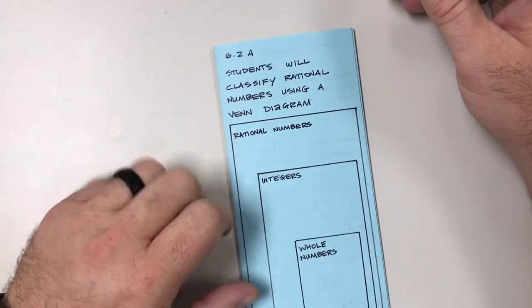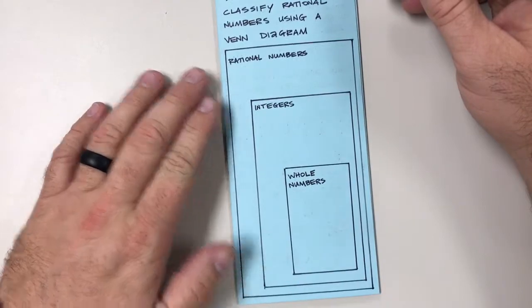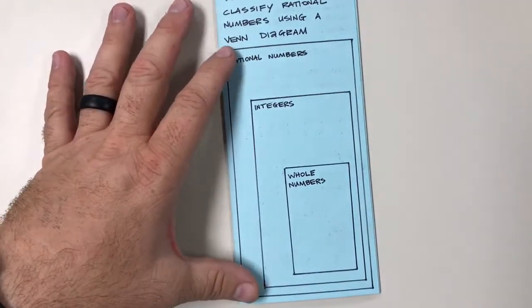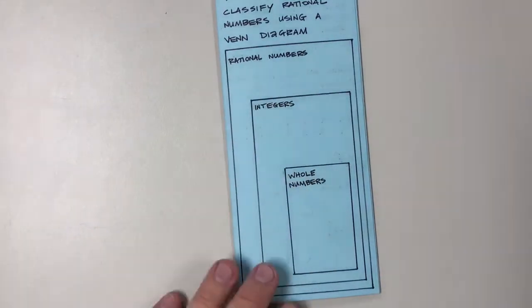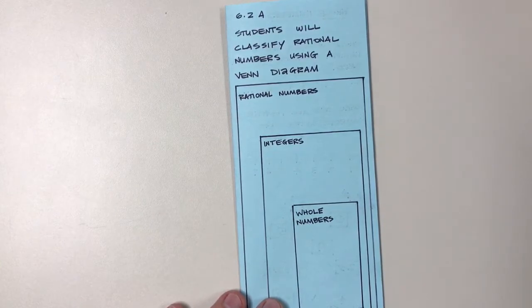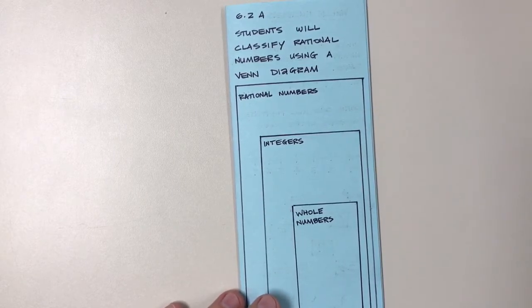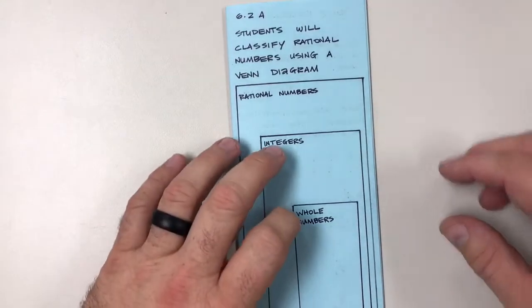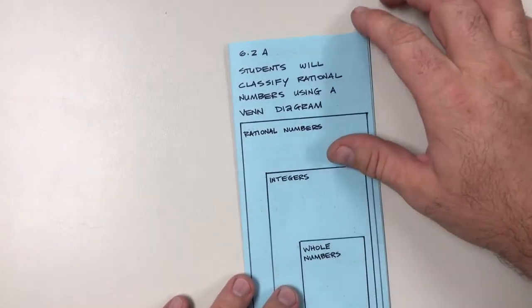Venn diagram or it could be nesting boxes, as you see here. A group within a group within a group, and students have to be able to look at rational numbers and integers and whole numbers and know which category they belong in. So they can't classify a rational number unless they know what a whole number is and what an integer is as well. So today what we did